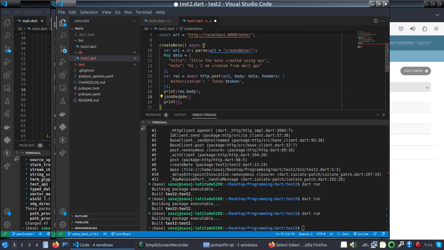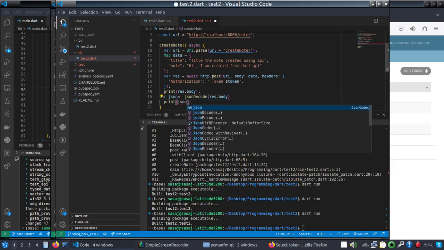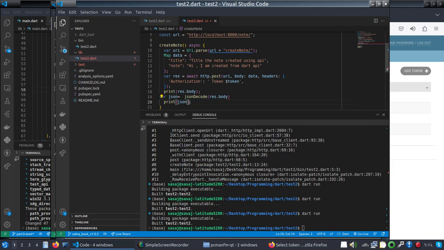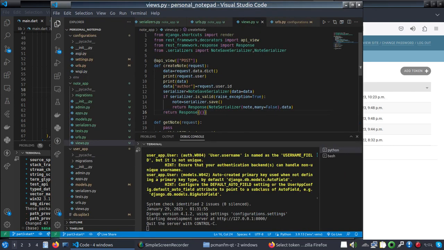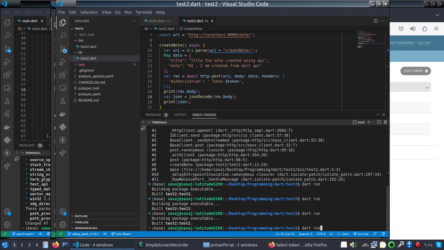You can convert it into a JSON object, var json, and we'll pass the JSON here, and we will print it. Now here this is the serializer. We are saving and sending the note back. Now if we run the Dart,